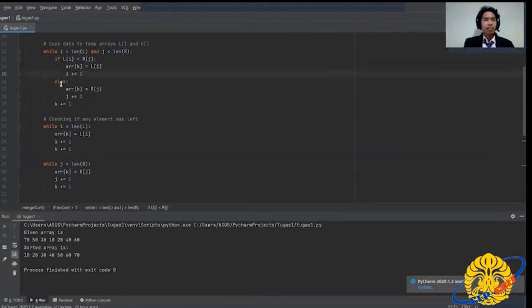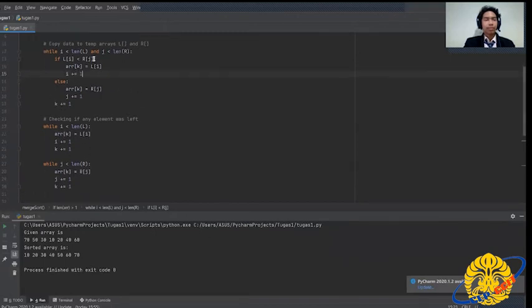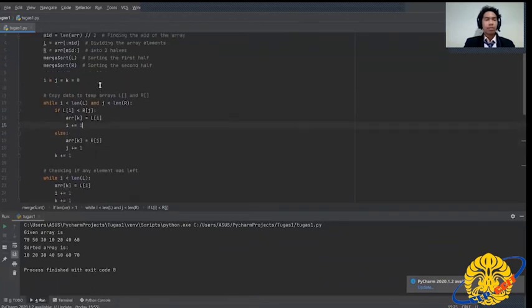So i plus equals 1. To explain clearly, this is basically i equals i plus 1. See, the first time i is 0, if the conditions are met, then i will be given the value 1. And if not, then the next step will be to add 1 to j. So yeah, this is basically just to sort the